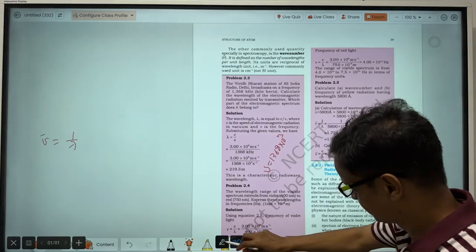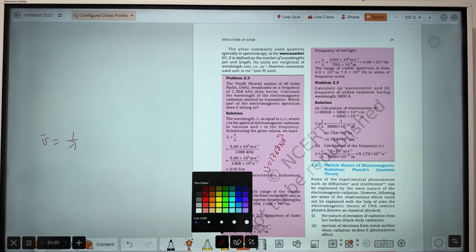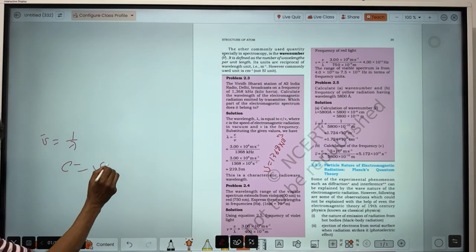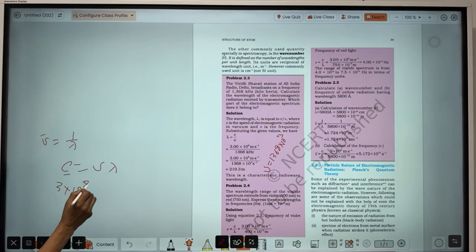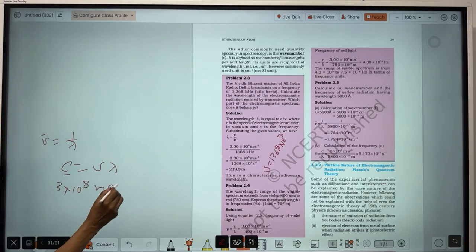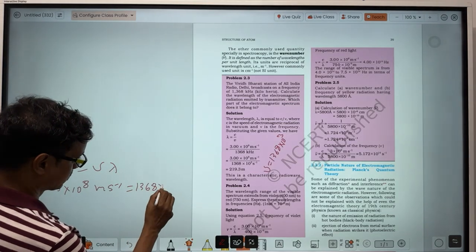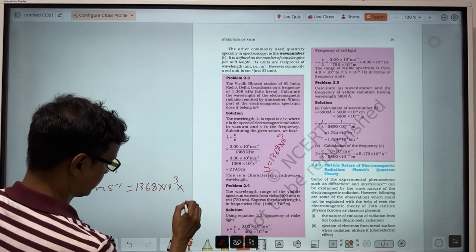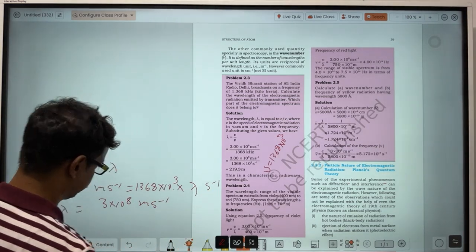So the frequency is this much. You already know that it is an electromagnetic wave, so velocity is equal to nu lambda. The velocity of light, 3 into 10 power 8 meter per second, will be equal to 1368 into 10 power 3 into lambda. So lambda will be equal to 3 into 10 power 8 meter per second, in hertz. Hertz means second inverse,